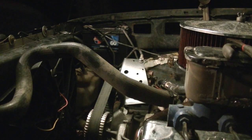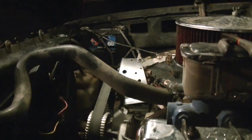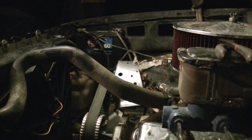So let's jump to it. We zoomed in, or okay, this camera just looks like it's zoomed in. It's totally not. Now I'm going to be moving the camera around a few different dozen times probably doing this because it's going to be getting in my way a lot. But I'll try to talk you through some of the stuff I'm doing. So here we go. This is how you remove a